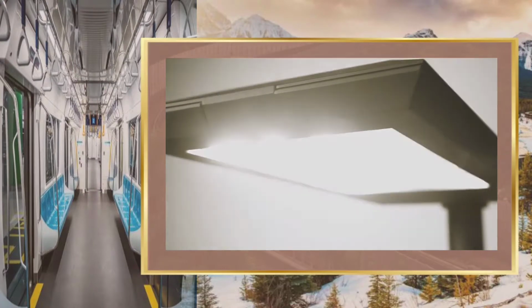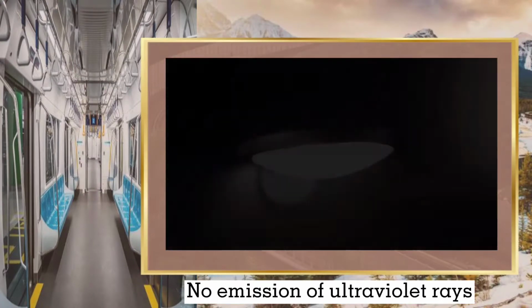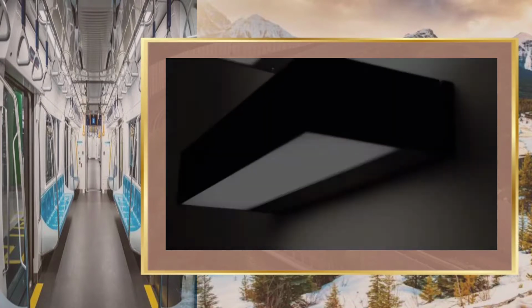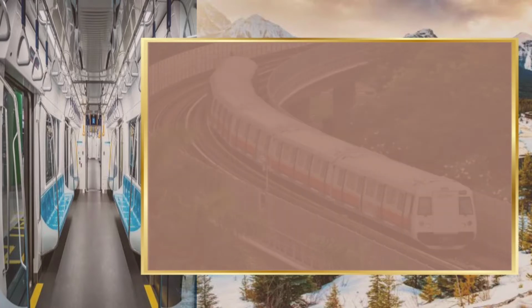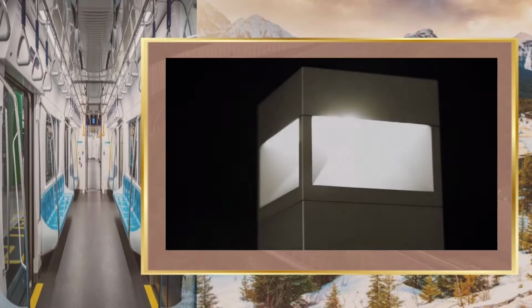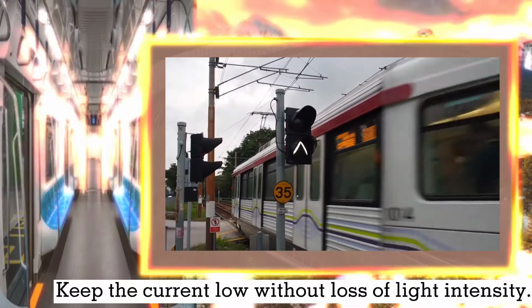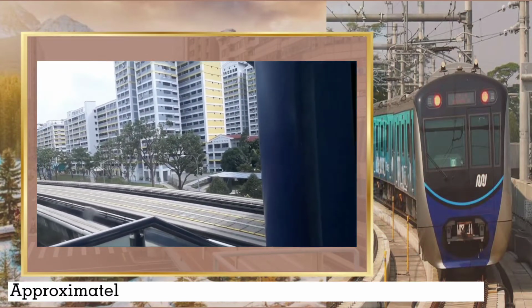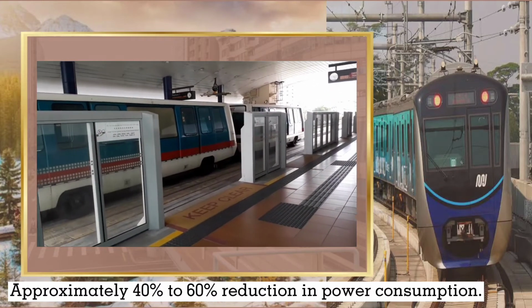LED technology eliminates the flickering, there is no emission of ultraviolet rays, and finally, as the intensity of LED light is roughly proportional to the electric current, it is possible to establish circuit designs and devices that keep the current low without loss of light intensity, getting as a result an approximately 40% to 60% reduction in power consumption compared